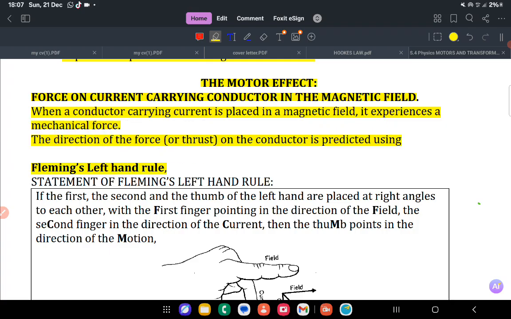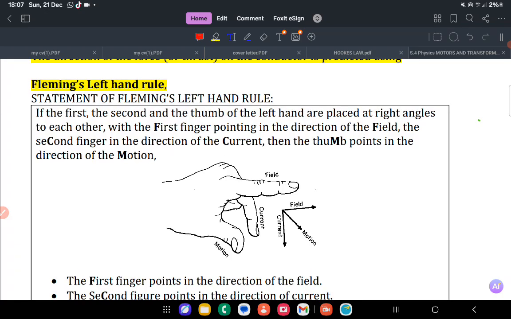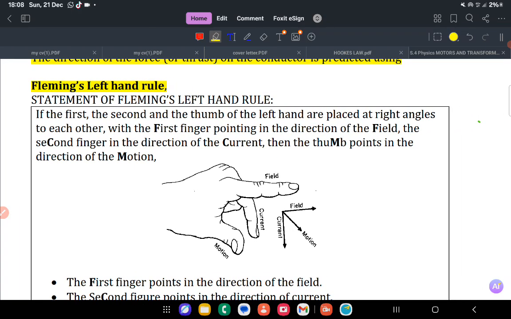What does Fleming's left-hand rule state? Your examiners will not spare you from stating Fleming's left-hand rule. They will ask you to state Fleming's left-hand rule. So you have to know the statement by heart, like you have to know all other rules, laws and principles in physics. The statement of Fleming's left-hand rule says